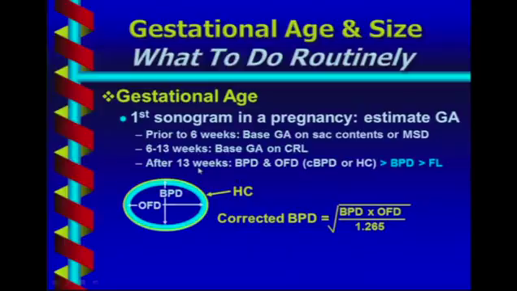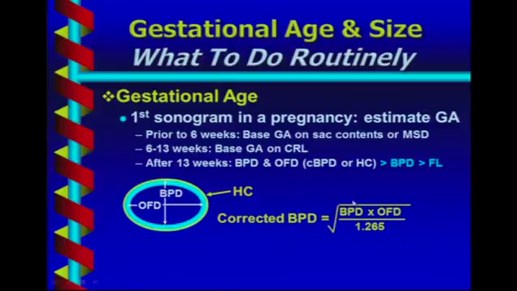And we use one of two head measurements, but we want to use a measurement of the head that takes into account both the width and length of the head. There are two ways to do that. One is to measure the head circumference by putting electronic calipers around the outside of the skull, and another is to measure the occipitofrontal diameter and the biparietal diameter, and get what we call a corrected biparietal